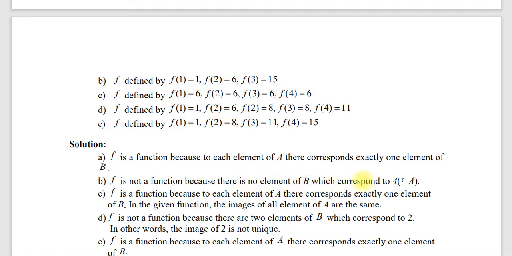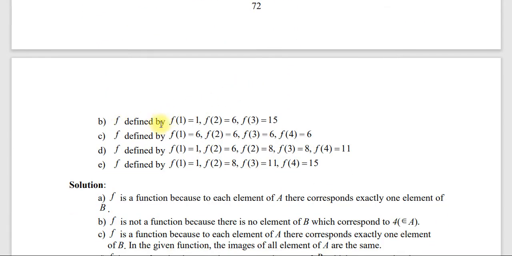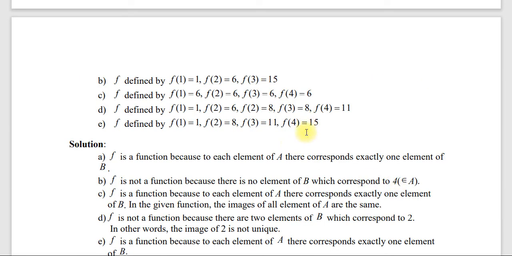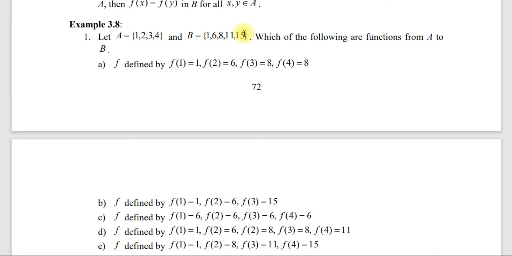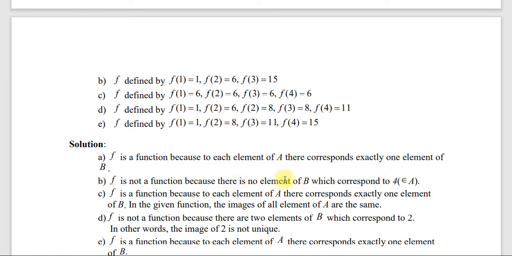b ላይ ደግሞ ስንመጣ f is not a function because there is no element of b which corresponds to 4 which is an element of a. አሁን b ላይ 4 የሚባል ነገር የለም 1 6 8 11 15 ነው የሚለው ነገር ግን እንደምታዩት b ላይ f of 1 ነው f of 2 6 ነው f of 3 15 ነው። እንግዲህ ፋንክሽን አይደለም ያለበት ምክንያት ምንድነው፣ ለምሳሌ b ላይ f of 1 ነው f of 2 6 ነው f of 3 15 ነው then f of 4 የለውም ማለት ነው። ምክንያቱም እንደምታዩት 1 6 15 ብሎ እዚህ ላይ 15 ላይ ነው የሚያበቃው አይደል? ስለዚህ ለf of 4 ማፕ የሚሆነው ቁጥር የለም እያለን ነው እዚህ ጋር። ስለዚህ በዛ ምክንያት ፋንክሽን አይደለም ማለት ነው።